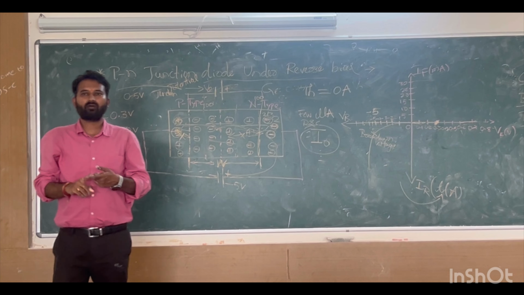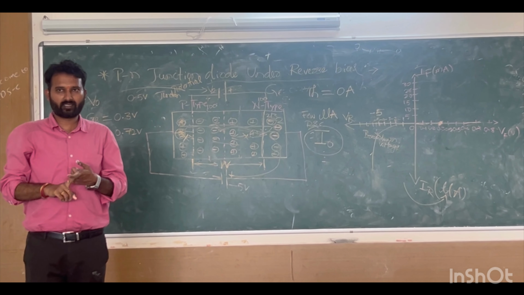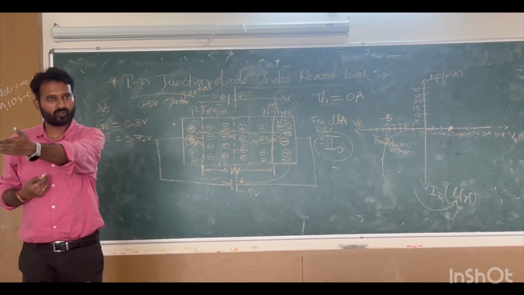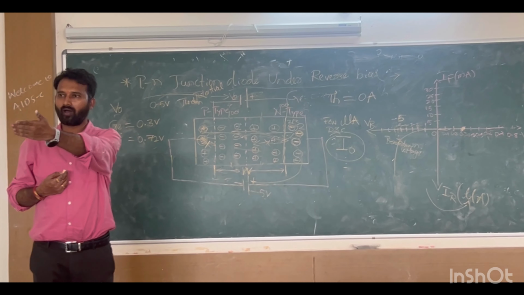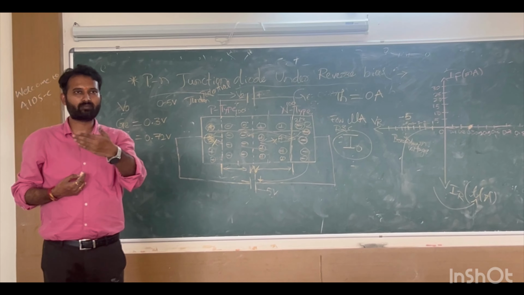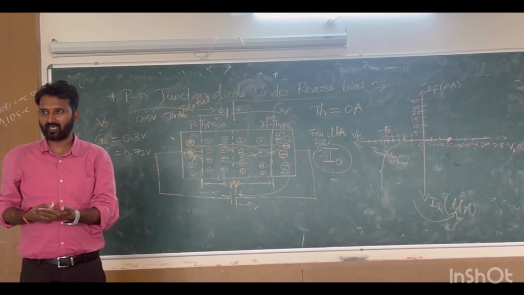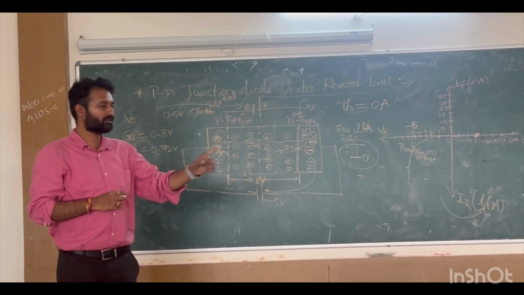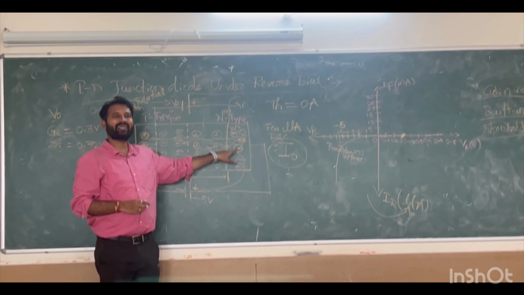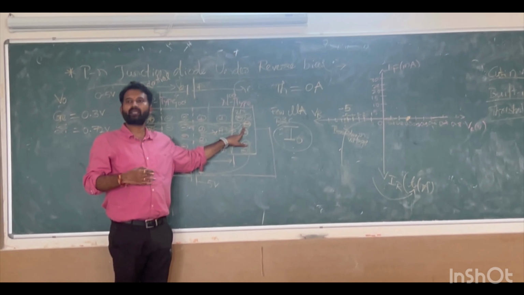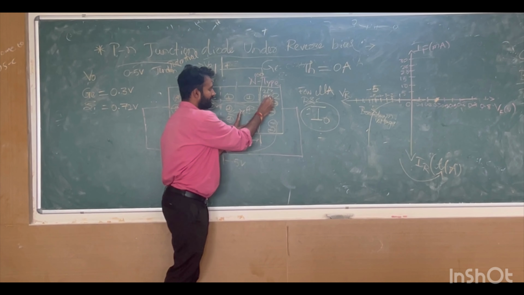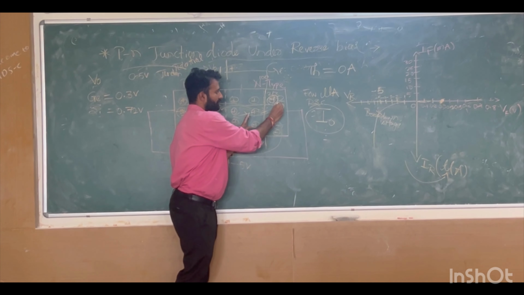Those electrons will gain sufficient energy. For example, if someone had a Boost or Horlicks, he will gain energy and he can go to sports, he can play badminton or cricket. Boost is the secret of my energy, high energy, they will say. Like that, if you increase the reverse potential, these electrons will gain energy, because electrons have mobility. So yes or no? Consider these, first electron and second electron.